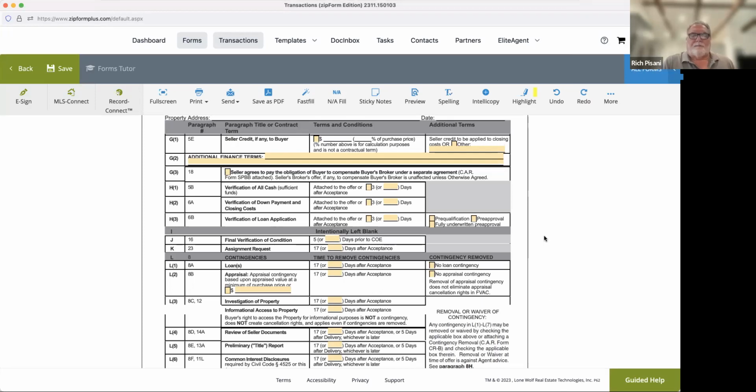Can you also add in the additional finance terms section personal property such as furniture? It does not have any value for the loan officer. No, that's because it's not finance terms, it's other terms. So that would be where other terms go, and then you would do an addendum listing whatever you're asking for.